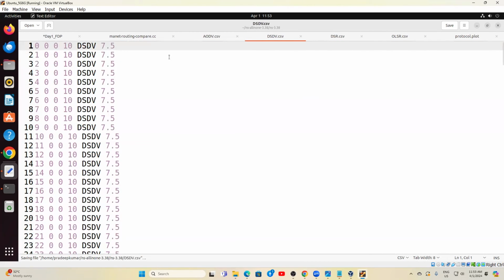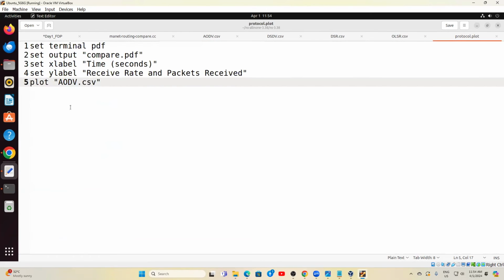So the method is easy. Now the first parameter is the x-axis, the second is the y-axis, and the third is also a y-axis. I am going to use the first, second and third columns in all the 4 files, because all the 4 files resemble each other. Only the protocol is different. Now plot AODV.CSV using 1:2, which means the first column is the x-axis and the second column is the y-axis, with points only. The title is